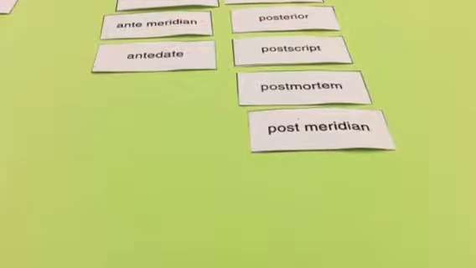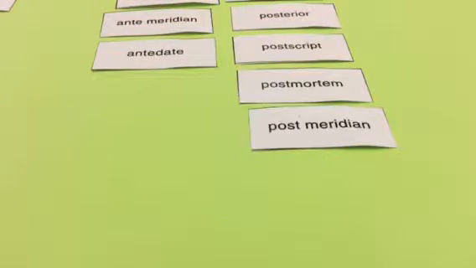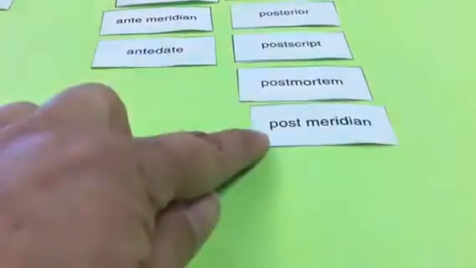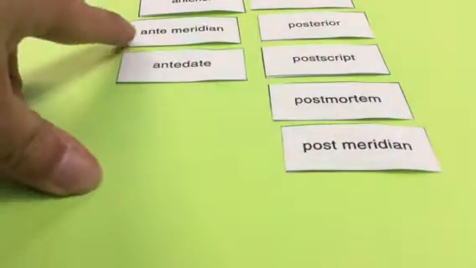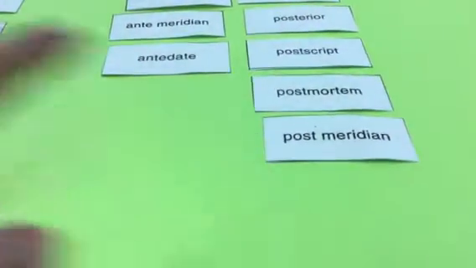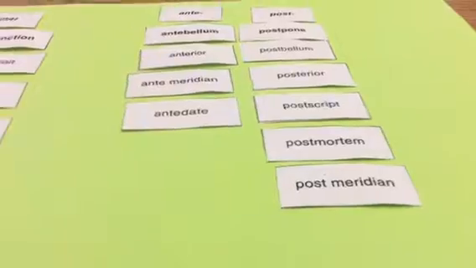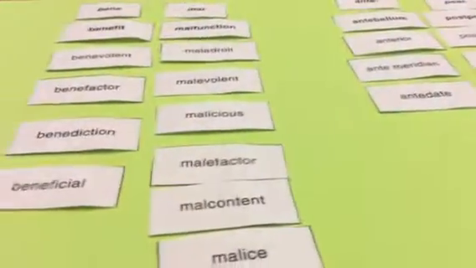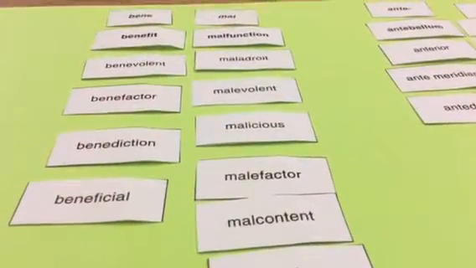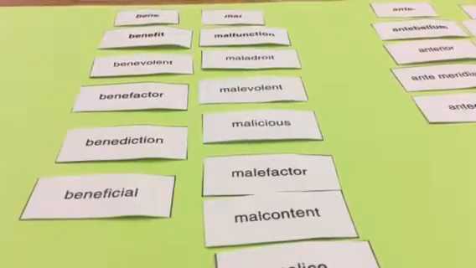It's after 12 noon. So that postmeridian is the opposite of antemeridian as far as time goes, AM and PM that we see when we tell time. So we know the difference between day and night. So those are your Latin root words, and remember to pay attention to the meanings of the words when you do Quizlet.